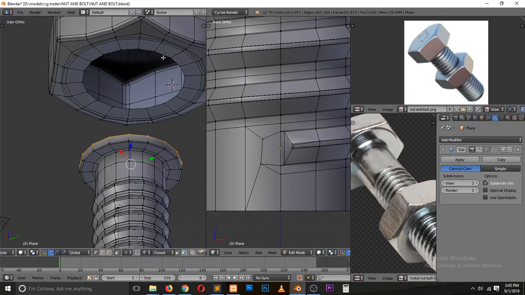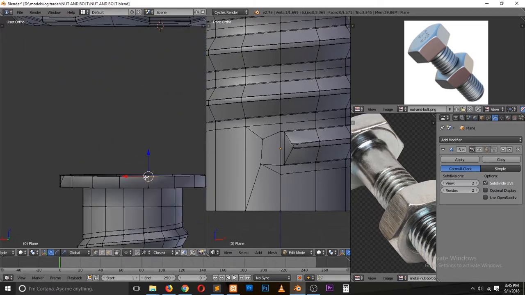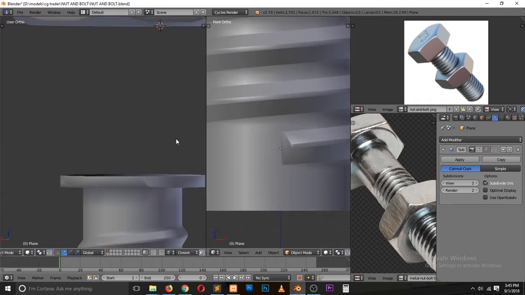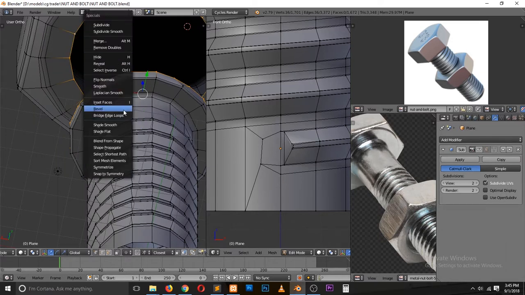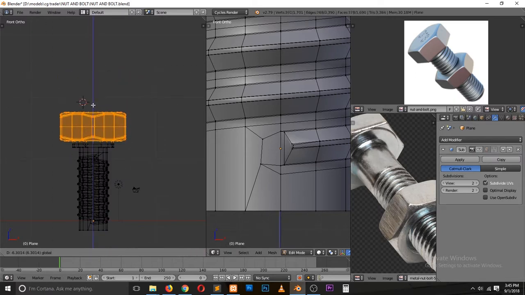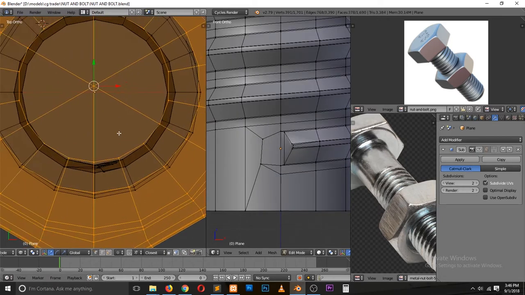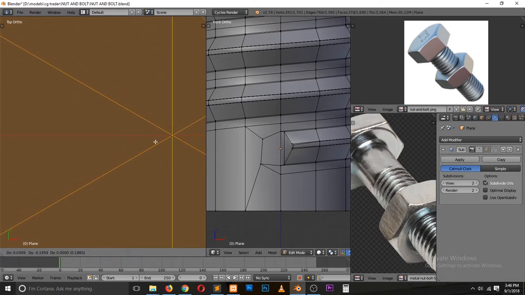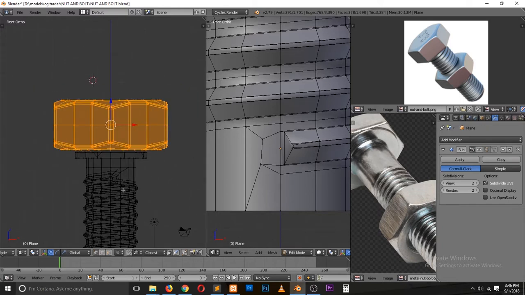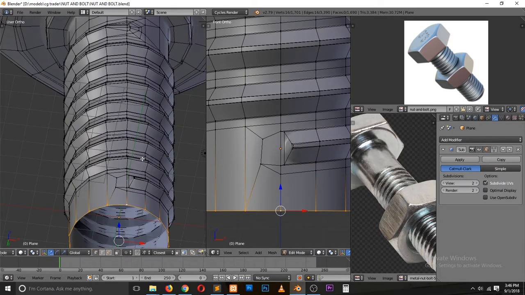16, 18. Now we just need. Let's see now. We have 17. We have 18. Let's also 18. Now we can bridge everything like that, and we can bring this down. Also make sure that it's centered, it's aligning with the entire thing, with the other part. So now this down part,